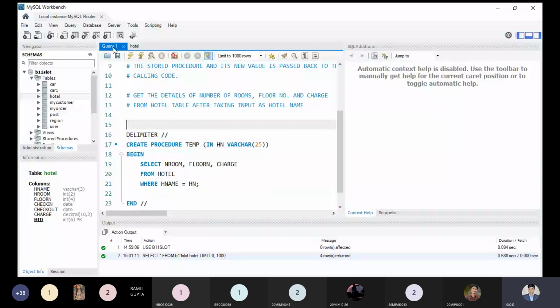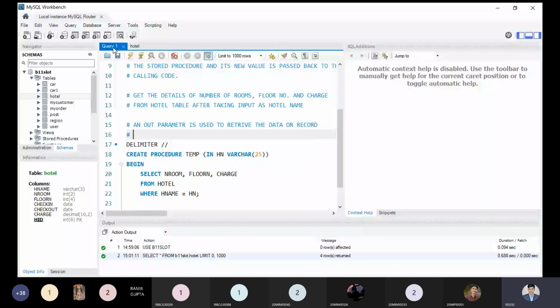According to my concept and what I have observed, an out parameter is used to retrieve the data or record as per the given input while calling, or we can say executing, a procedure.